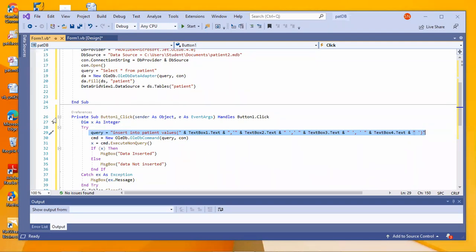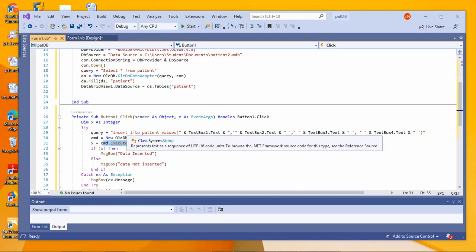No? Fine. So now I've done a query. I'm trying to execute that command, very similar to what we have done before. That is, I'm executing a query for a given connection, the connection I made in form load. For that particular connection, using this query, I'm trying to execute a command. If the command is executed successfully, it will return a boolean value, 1. It will return 1 if it is able to insert the data successfully. If not, it will return 0.